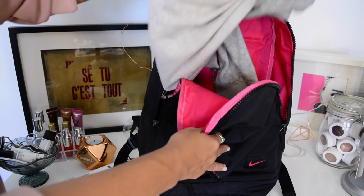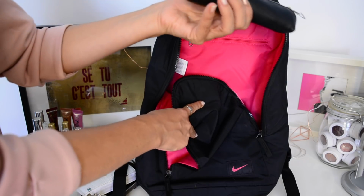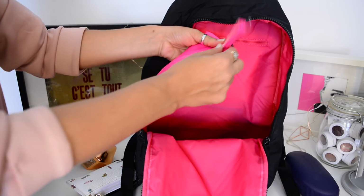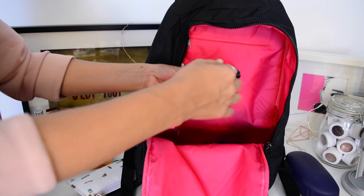Then I have a hoodie, my notebook, because I'm old and I need paper and pens, my sunglasses and seeing glasses are usually in here if I need. This little pouch, because I need to have everything organized and separate, has my charger and usually my headphones too when they're not needed,